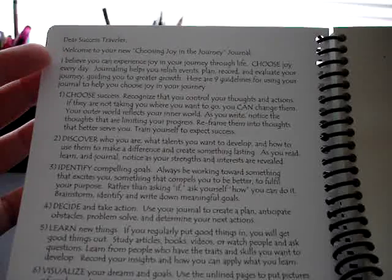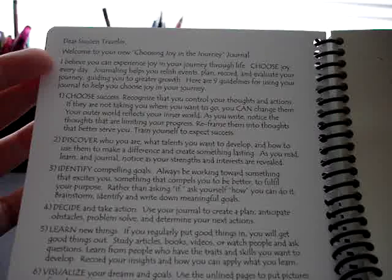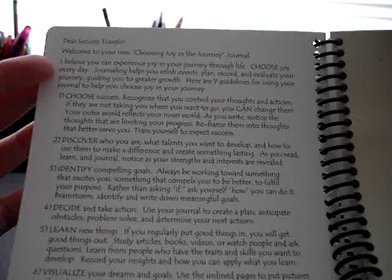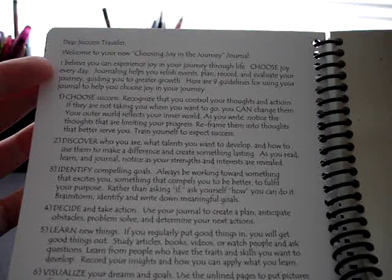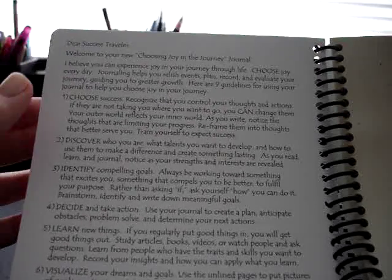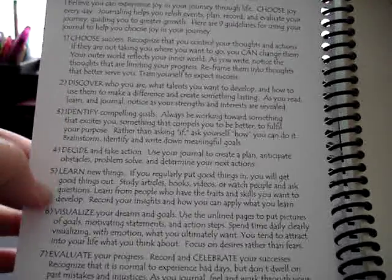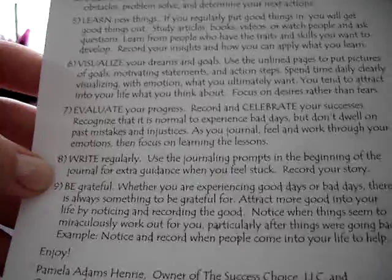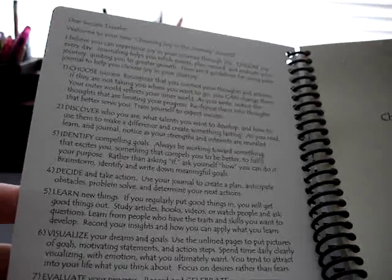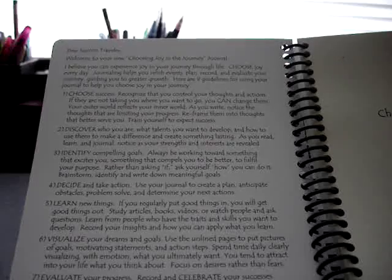She says, "Dear Success Traveler, welcome to your new Choosing Joy in the Journey journal. I believe you can experience joy in your journey through life. Choose joy every day. Journaling helps you relish events, plan, record, and evaluate your journey, guiding you to greater growth. Here are 9 guidelines for using your journal to help you choose joy in your journey." So she goes into choosing success, discovering who you are, identifying goals, taking action, learning, visualizing, evaluating, writing, and being grateful. Just from reading those things, you can already see this journal is focusing you on being successful and positive,